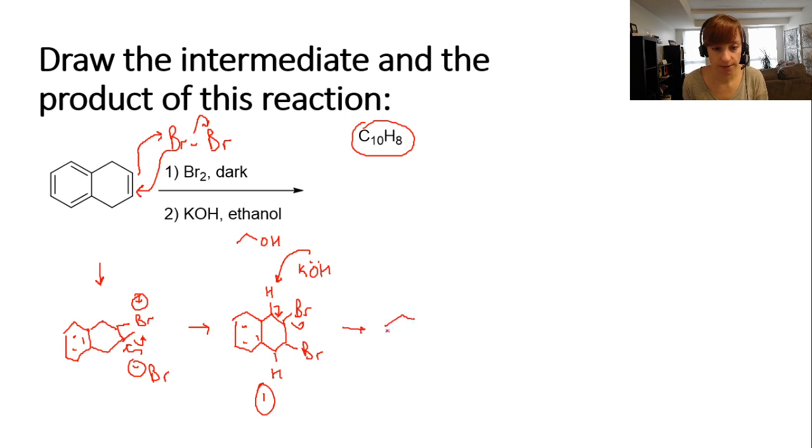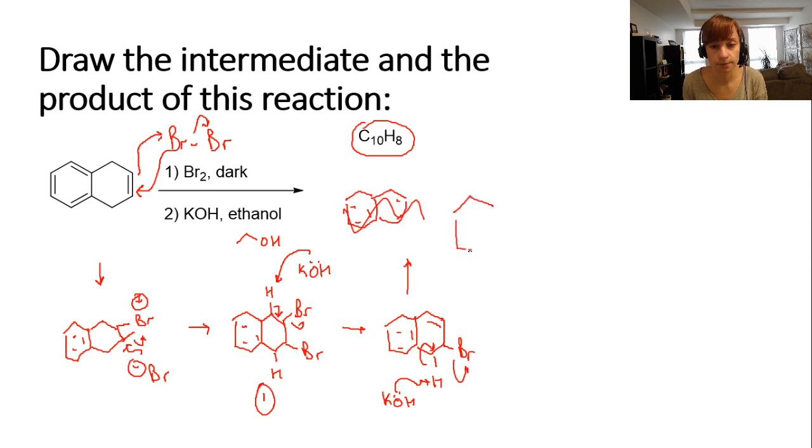So this is the intermediate of step 2. We formed an alkene here, but we still have a bromine here. And because we have a lot of KOH kicking around, we're going to do the same thing twice. Form the alkene, kick out the bromine. That's still there, and we have another aromatic ring now because we added the additional 2 double